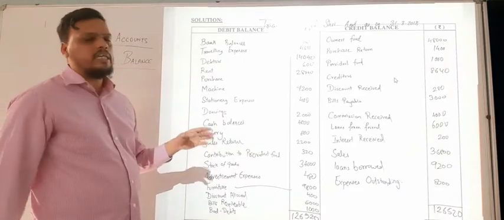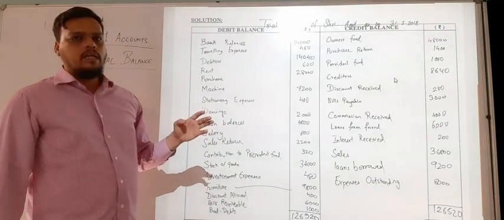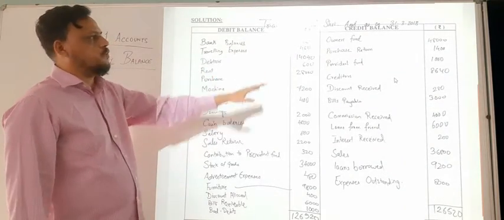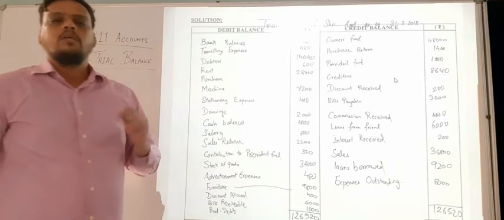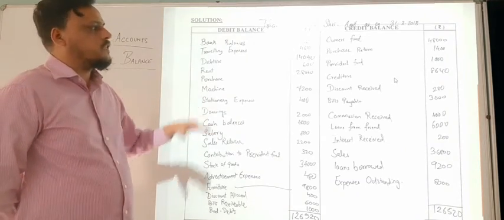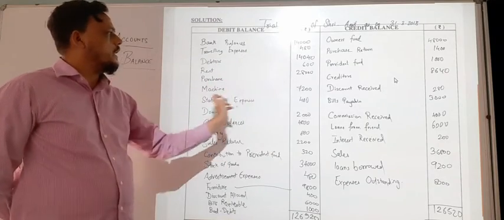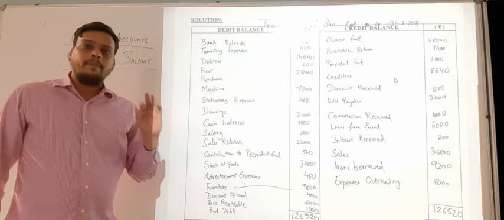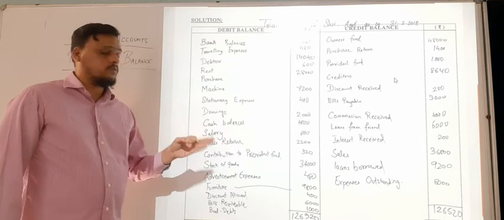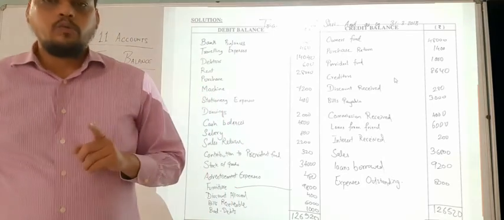As I have taken the numbers up and down because there was a mistake, I have not given that much space to write. If I had reduced the font, then you would not be able to see. So that's why I had to adjust up and down. So make sure that the amount is accordingly. It should not be mismatched. The balance total will be 126,520. So this much is under the first question.